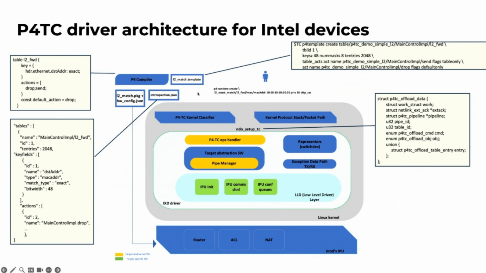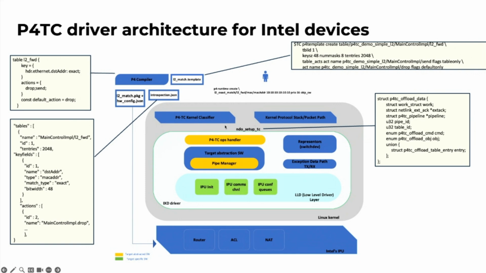So as a user, I'm going to add a rule and I'm taking advantage of the skip software flag over here. So I'm telling it don't do anything in the software, give it to the driver. So the kernel will then give the information as part of NDO ops, and the structure looks very similar to what we have over here. It has all the information that the driver would need to identify a pipeline with the pipeline ID, a specific table within a pipeline with the table ID, and the command is the one, which one of the CRUD you want to perform, and then the entry information.